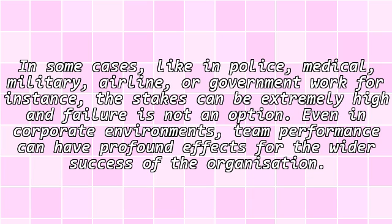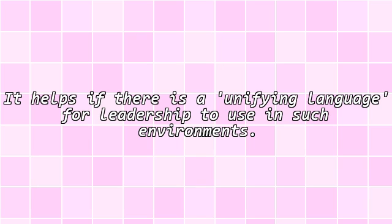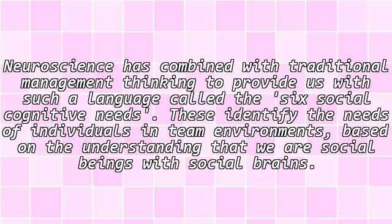Even in corporate environments, team performance can have profound effects for the wider success of the organization. It helps if there is a unifying language for leadership to use in such environments. A unifying language. Neuroscience has combined with traditional management thinking to provide us with such a language called the 6 social cognitive needs. These identify the needs of individuals in team environments based on the understanding that we are social